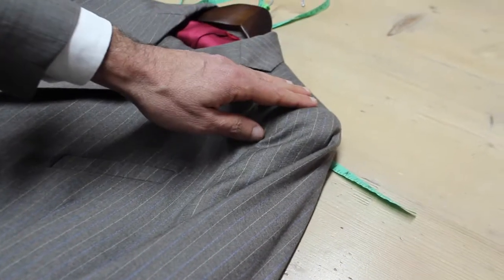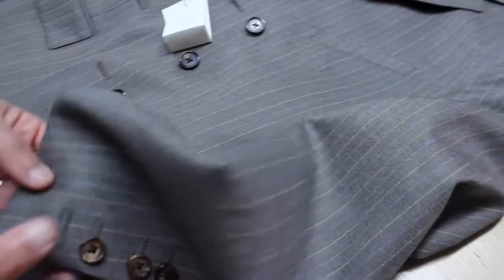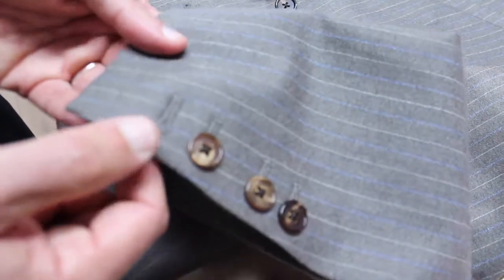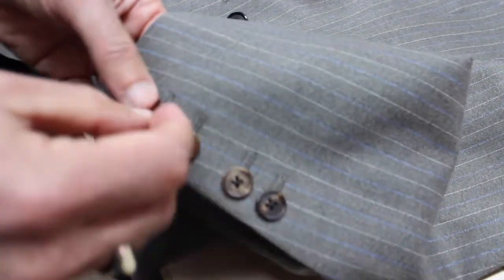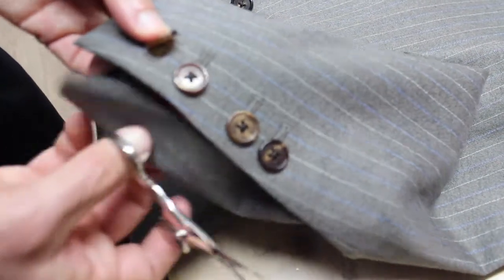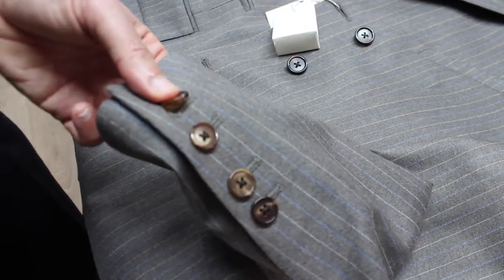The professional way would be to undo the whole sleeve and take the sleeve up from here, but it's a long, expensive process, and if it's only a few centimeters or an inch, you could do it from down here. So you find the cuff holes stitched up with the 4 buttons. All you do is undo the first button, because this is probably going to be stitched like that, yeah? So all you do is cut that open, undo the first button